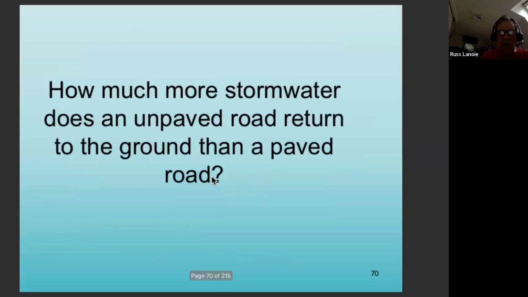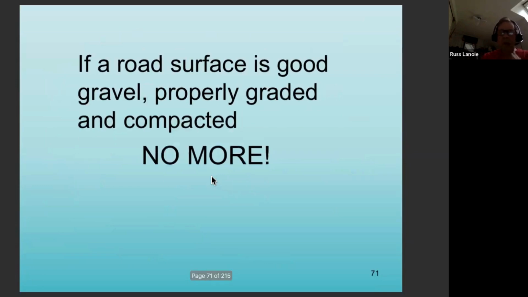It just goes away. How much more stormwater does an unpaved road return to the ground than a paved road? This is not a trick question, but a lot of people think that by keeping a road not paved, they're putting more water back into the aquifer. None. If it's the proper material, properly shaped, well compacted, it won't put any more water into the ground than